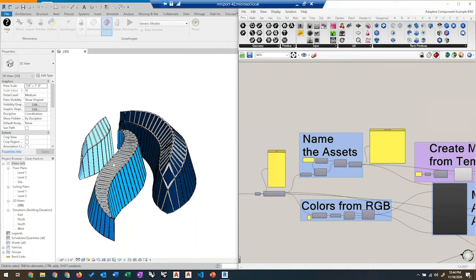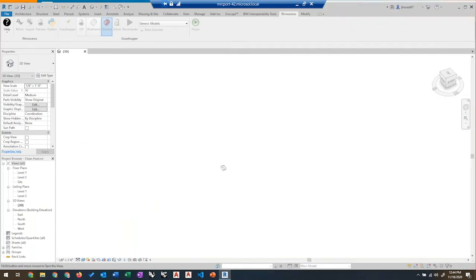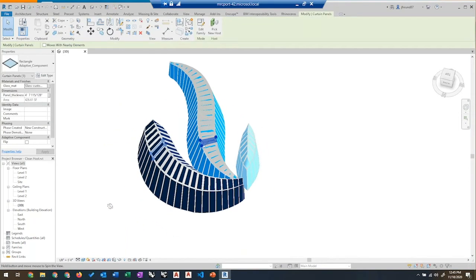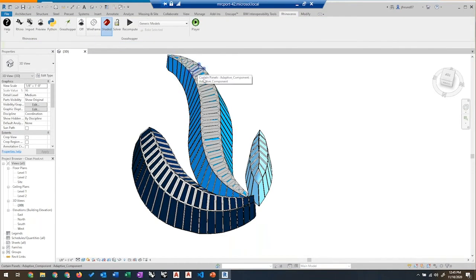So first, let me just do a little, I need to reorient this here. Let me just select one of these. So I'm rotating about one of those. As you can see, this is sort of what I had mentioned, where